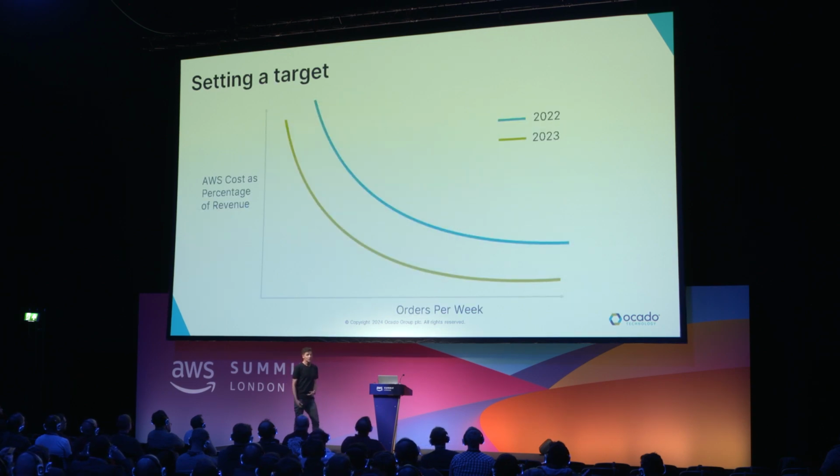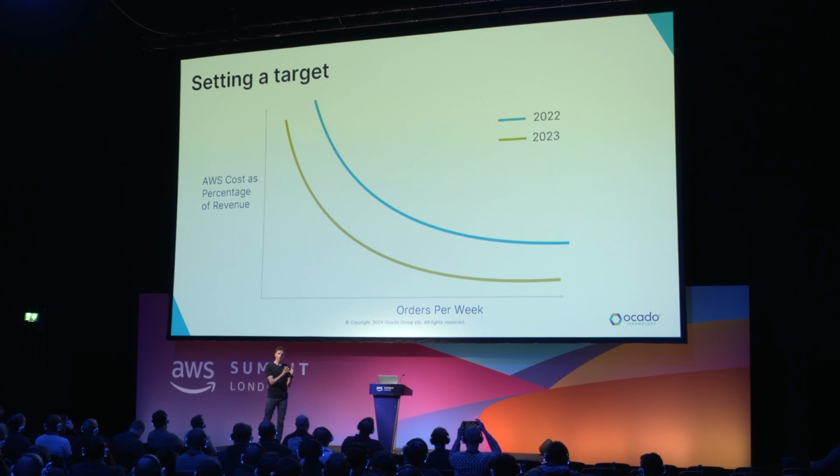So back to the cloud optimization story. By the end of 2022, we'd achieved a level of data maturity where we had one data set which was all of our business metrics about running our business, and another data set which was our AWS costs. And we were able to mash those two data sets together in order to gain some insight into how our AWS costs changed as our business metrics changed.